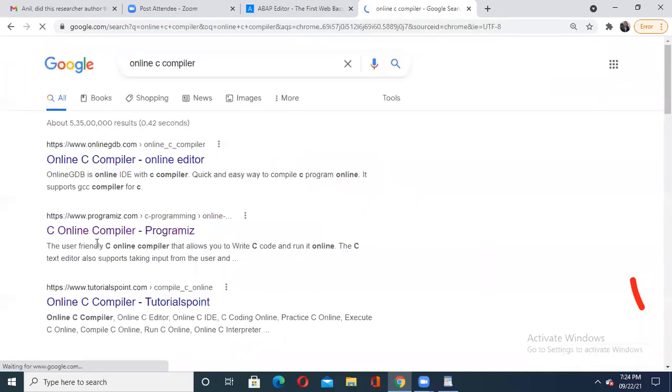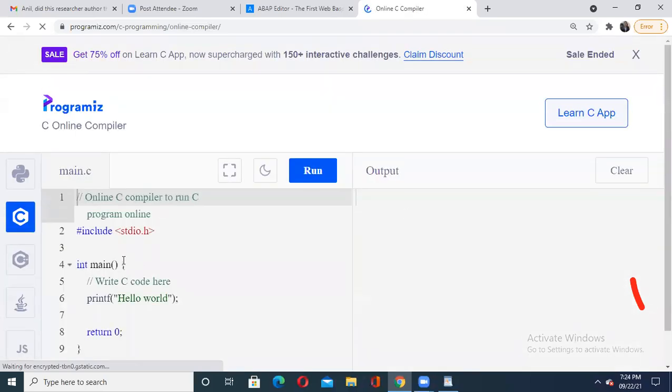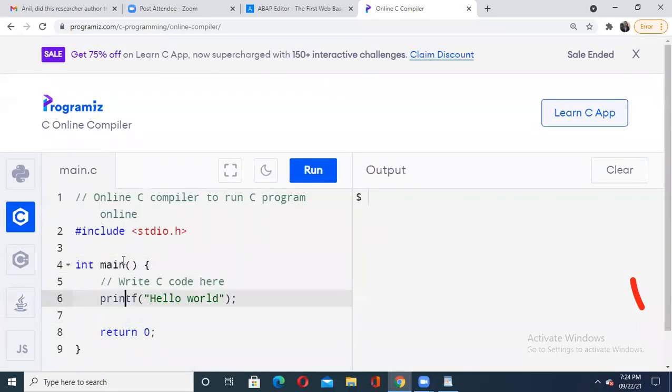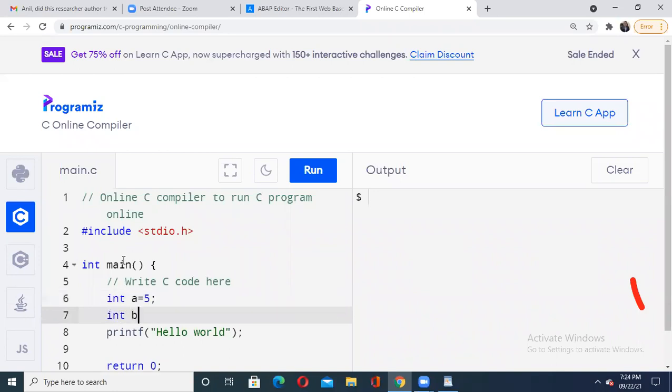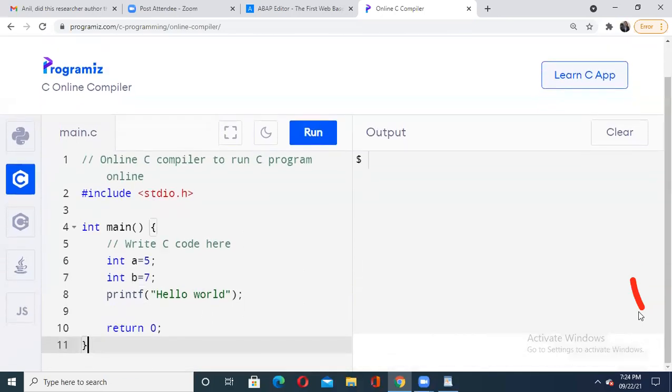See, this is the code. I'll declare one variable, int a, and assign the value 5, then int b, and assign b the value 7. Just taken as an example. Now in this C code I'm going to compare with the help of an if statement.